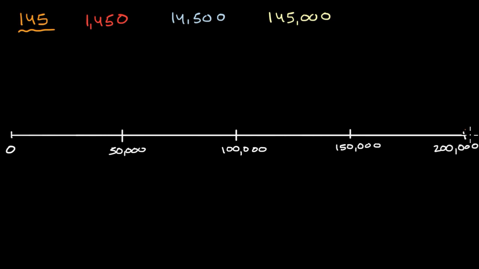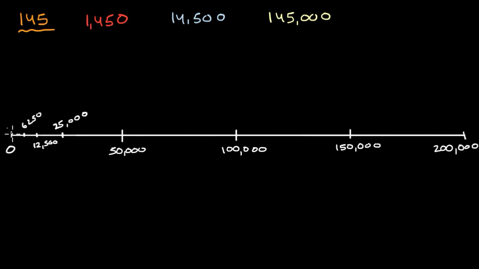the way to 200,000. So let's just think about where 145 would be. This is 0, this is 50,000. So half of this right over here, I'll mark it up a little bit more, that would be 25,000. Half of that, if I go right over here, this is about closer to half. That would be about 12,500. And so 145, even 1,000, like if I were to say this right over here, let me go a little bit closer to halfway of that. So right around there, that would be